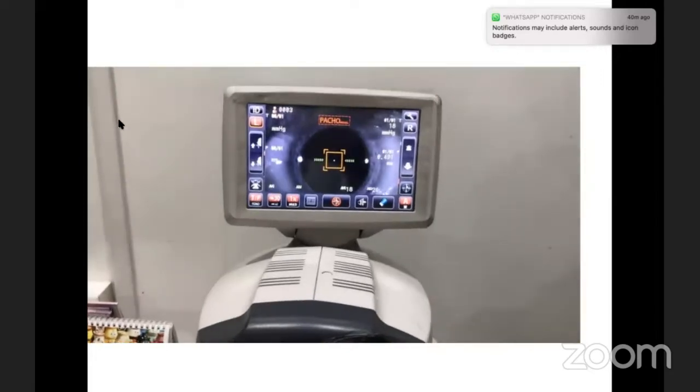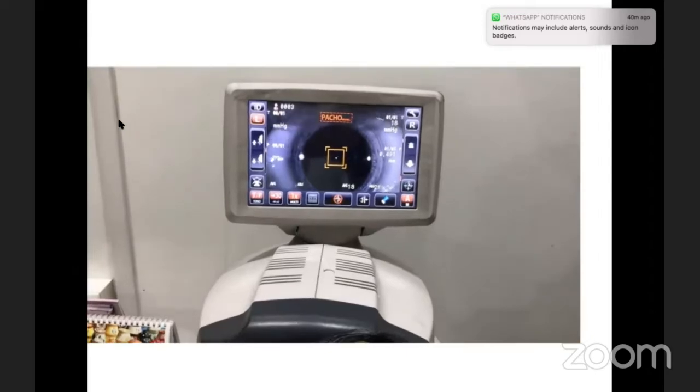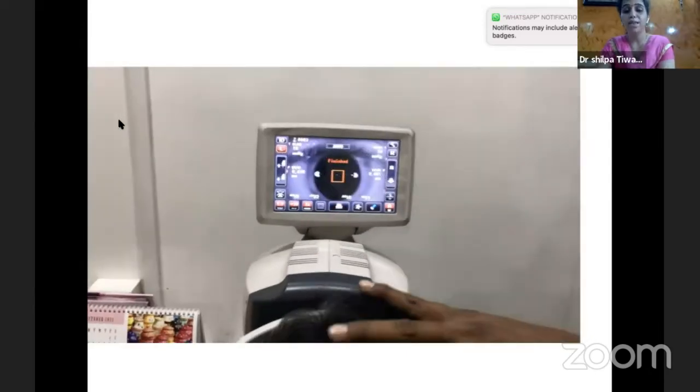Please finish your presentation. Yeah, it's giving an error and suddenly it recorded the reading again. So in these types of cases, we should instruct our technician that you should repeat 2 or 3 readings in such patients. And it should be explained to the patient that a rapid air jet will be coming at your eyes and it will not harm you. So don't be afraid of that. These few basic things will lead to improved IOP measurement techniques and validity actually.